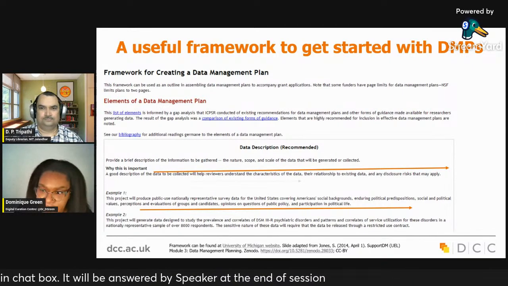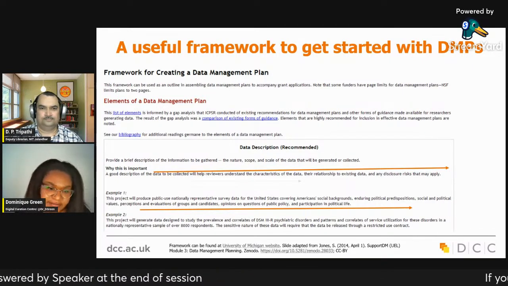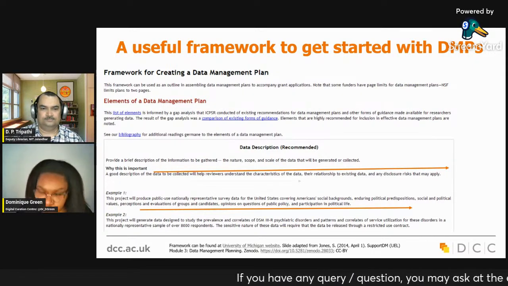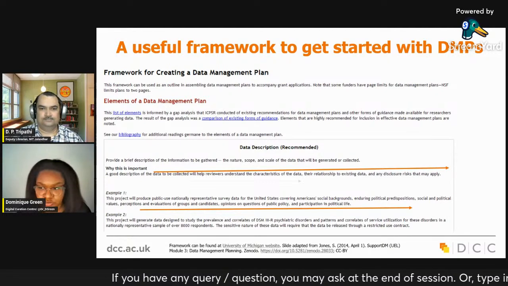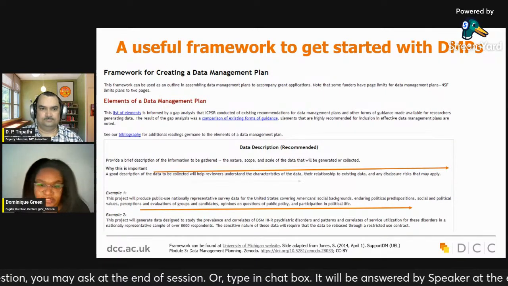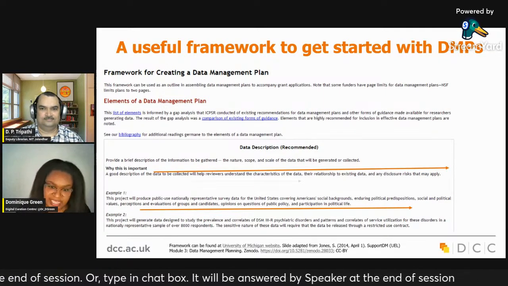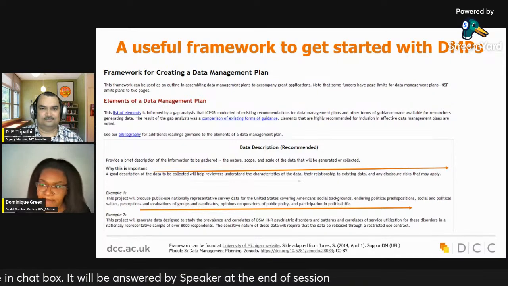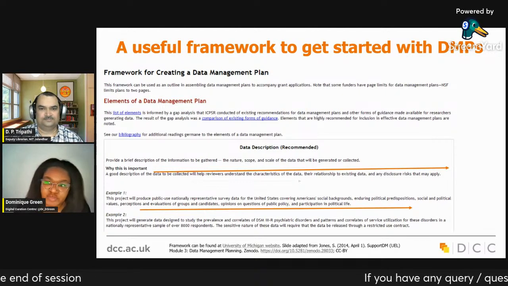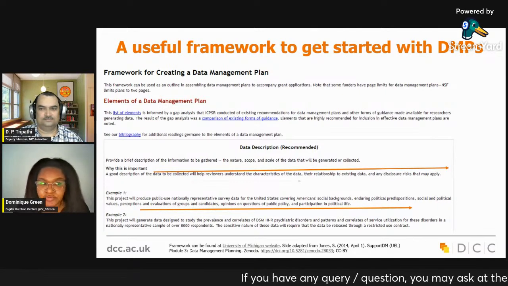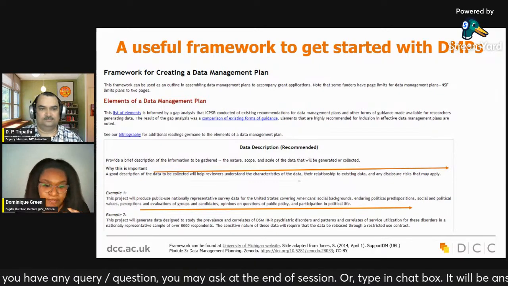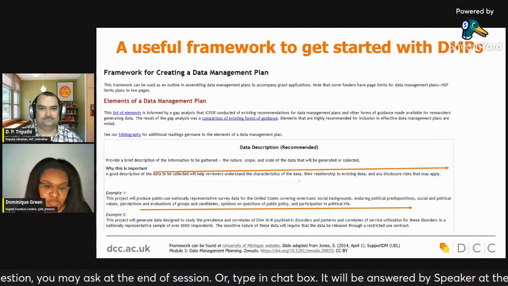So this here is actually a framework for creating a data management plan, and this comes from the University of Michigan's Inter-University Consortium for Political and Social Research, sorry. And basically, what they do is that they provide leadership and training in data access, curation, methods of analysis for social science research for that community. And some of you may provide support for other research areas outside of social sciences. But I think this is a really, really useful tool to get started with